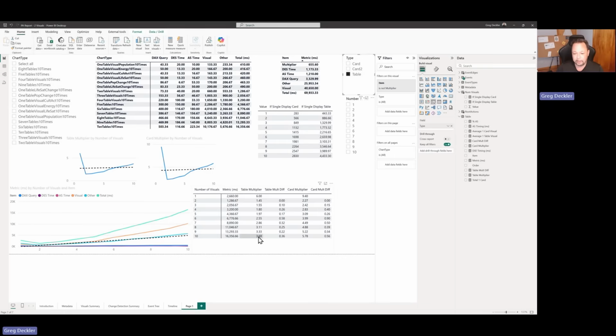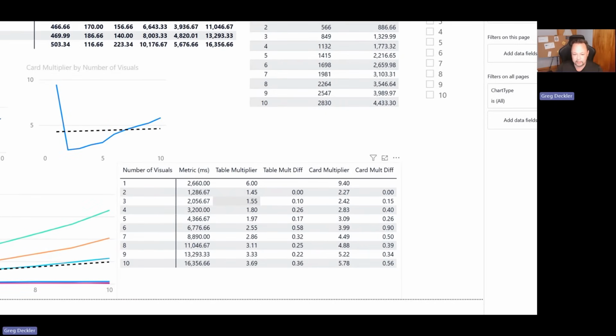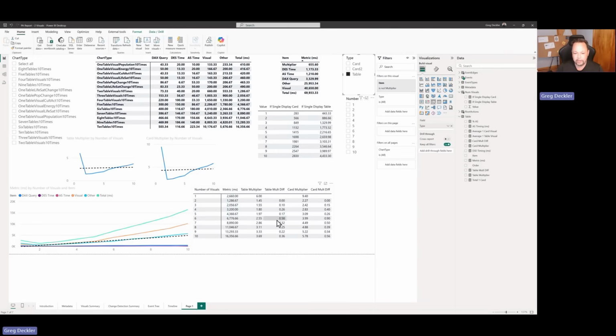That's pretty significant. You can see here that 0.1 is the difference between 1.55 and 1.45, and 2.6 is the difference between 1.55 and 1.80. Some rounding going on here, people. And you see this big jump in the table right here around 6 visuals. I wondered if that's actually significant, because it really changes the slope of the line. So I was like,